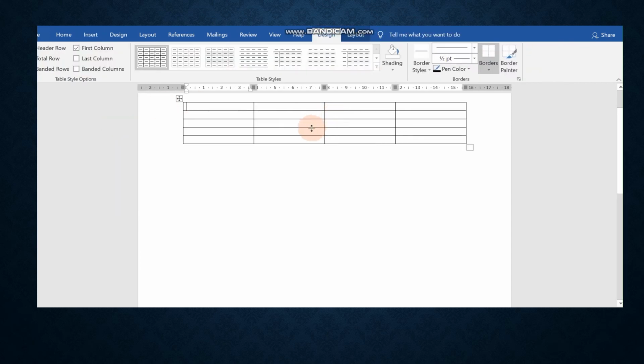See children, I have chosen 4 columns and 5 rows. How can you insert? The blinking line is there. It is flashing on the first line, first column. So you can write over here. Like this, you can write the text.